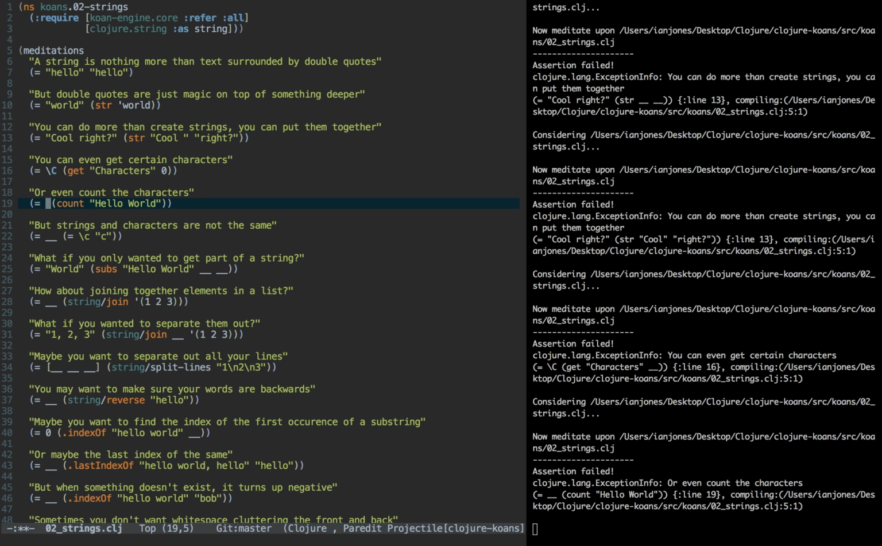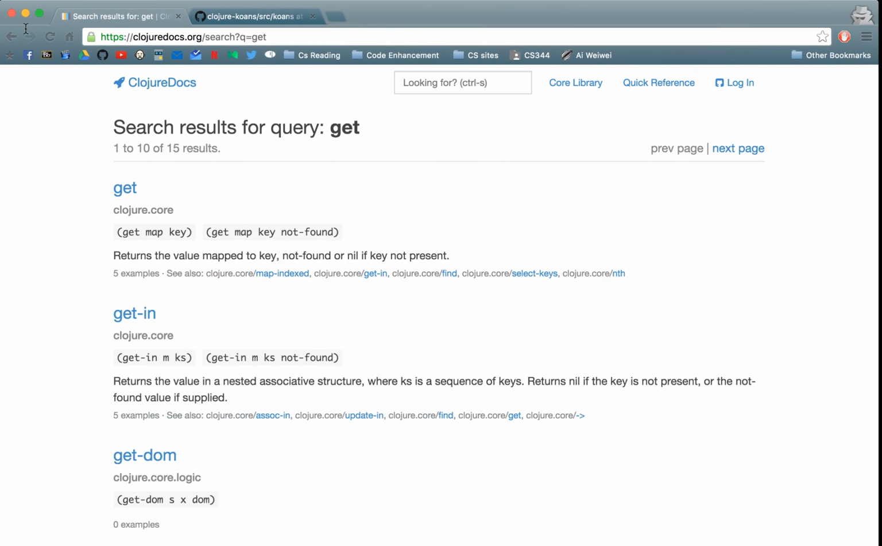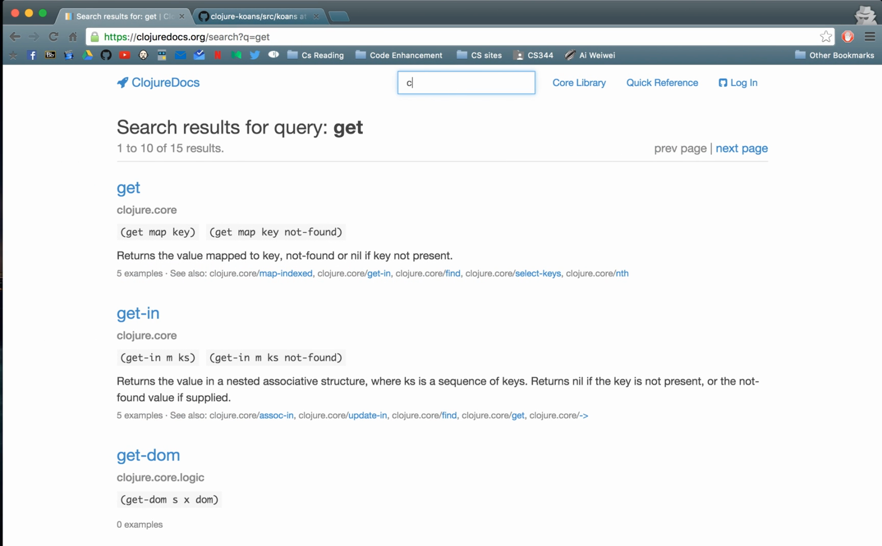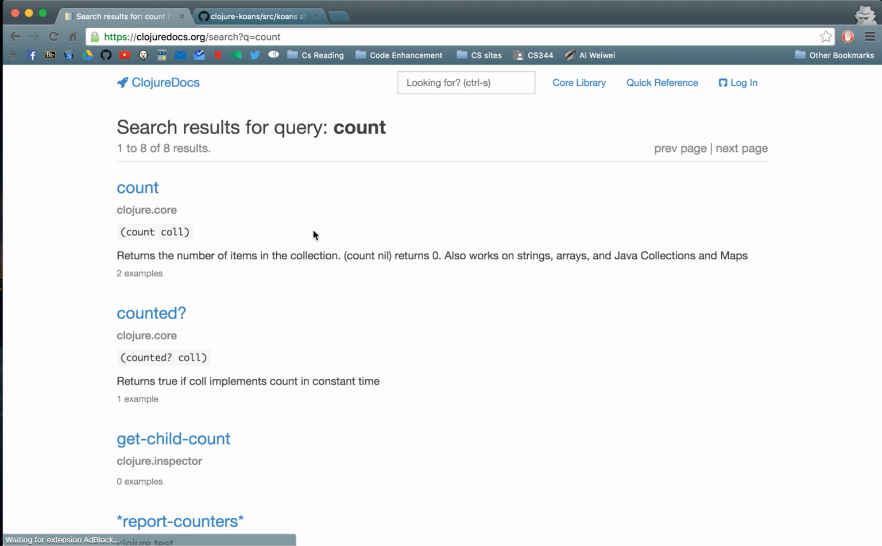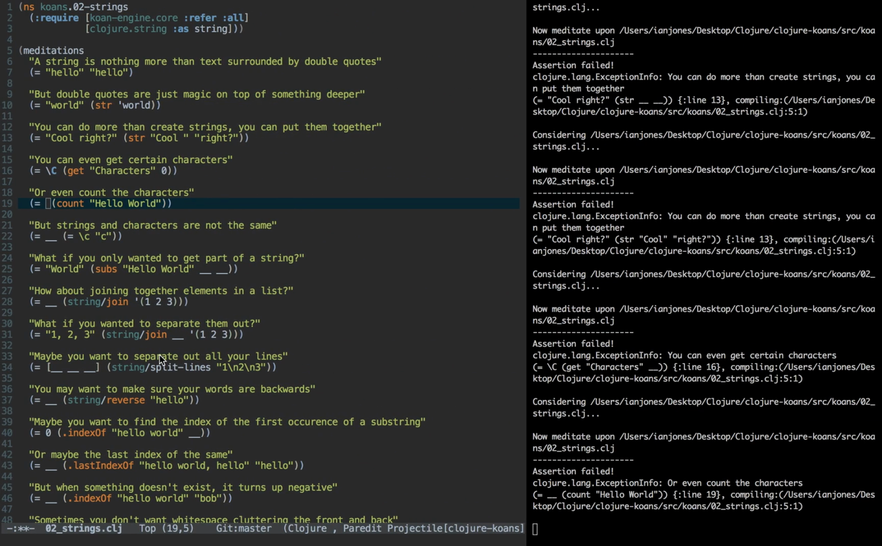Or even count the characters. Count seems like an easy function, so let's just make sure. Returns the number of items in the collection. So a string is just a collection. That's the cool thing about Clojure, is that almost everything can be evaluated as a collection. There's probably some cases that I'm not aware of, but